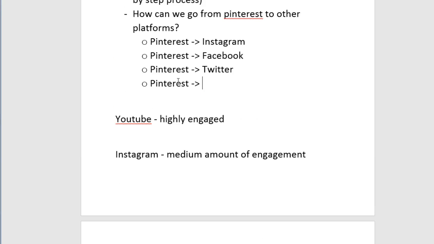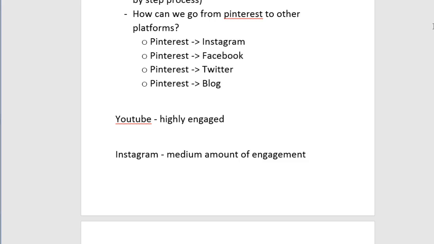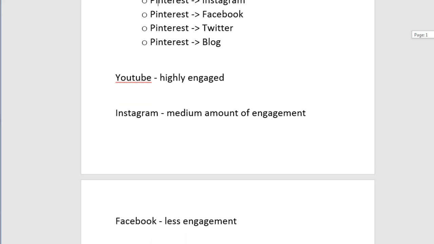Now, for those of you, if you're not fully understanding what I'm doing here, what I'm doing is figuring out, okay, once I've uploaded content to Pinterest, what I want to do is I want to use the automation apps to set things up where if I've uploaded to Pinterest, then the system will detect that that has been done, and it will copy that information to Instagram, it'll copy it to Facebook, Twitter, and a blog. So in essence, all you have to do is upload to Pinterest once, and the automated system will take care of the rest, right?